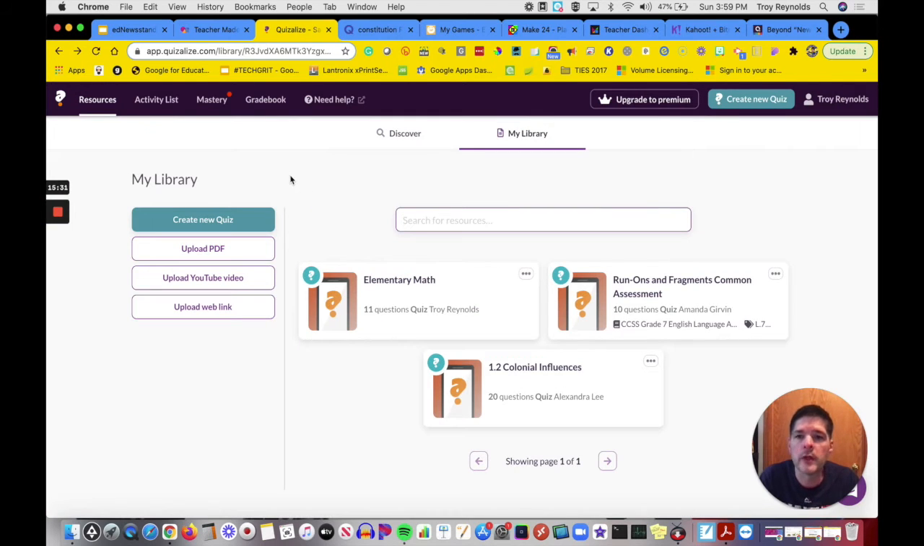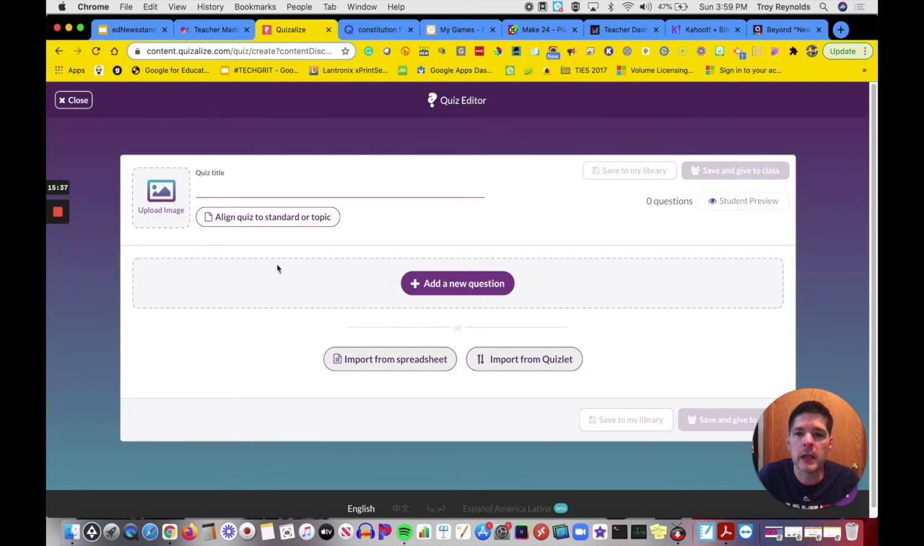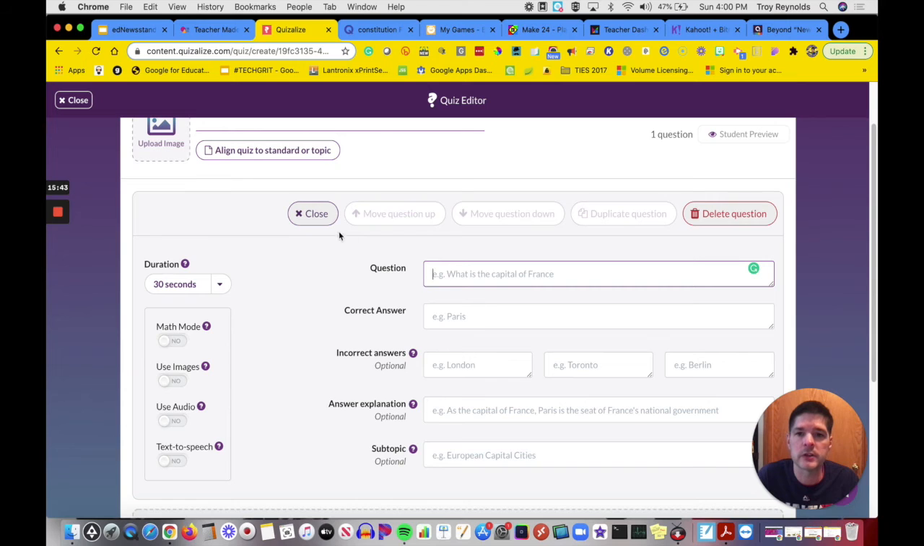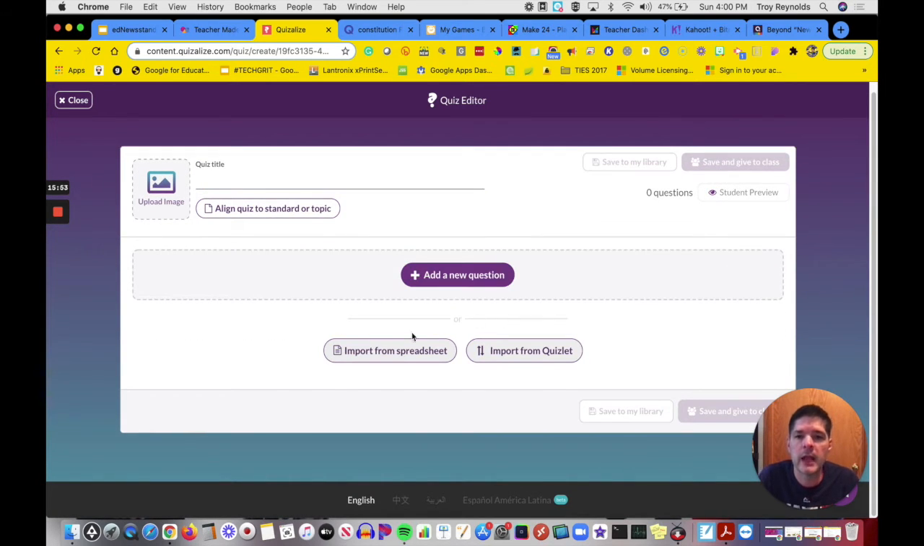So one really cool thing specifically about Quizalize is if I want to create a new quiz, I go in here and I can add new questions. So you can see here, just simply add new questions. We've already seen the way that we add questions that way. But one thing that it has is you can import questions from a spreadsheet. So if you already have those available for you, you can use the spreadsheet option, or you can import from